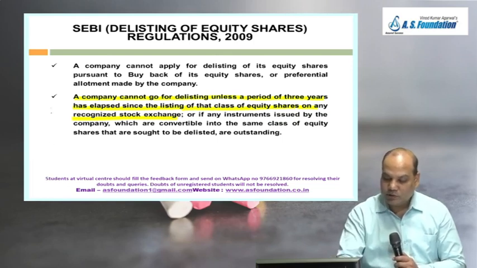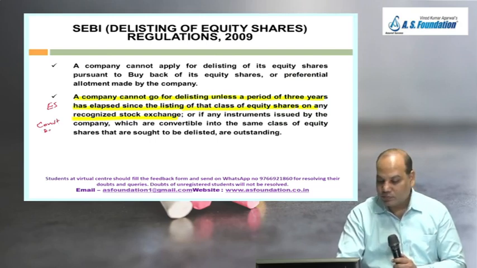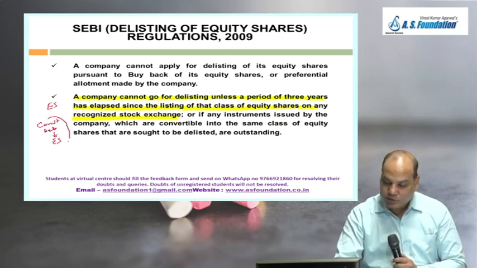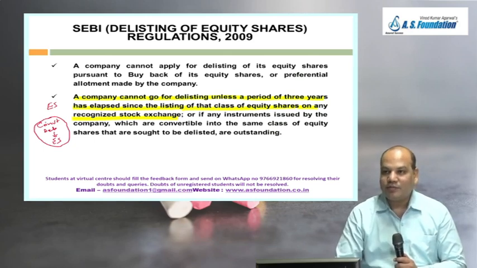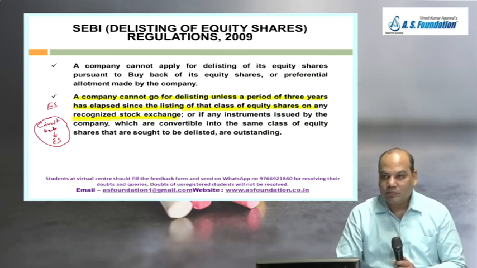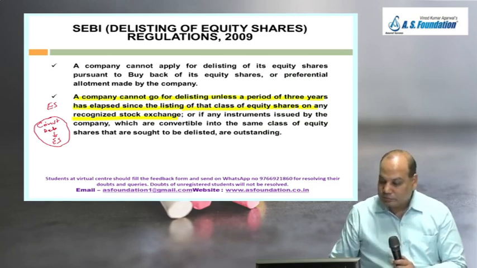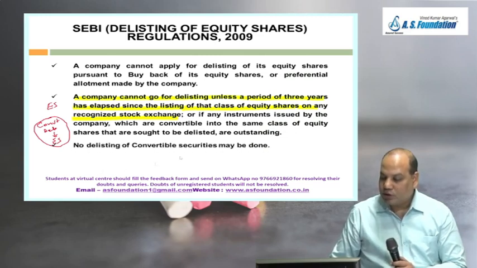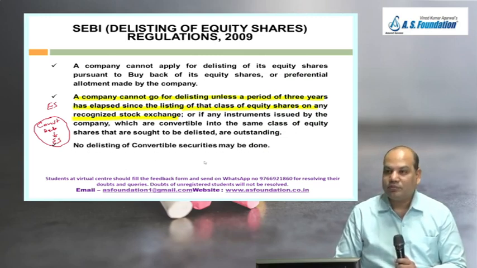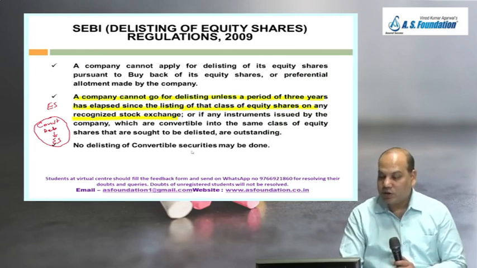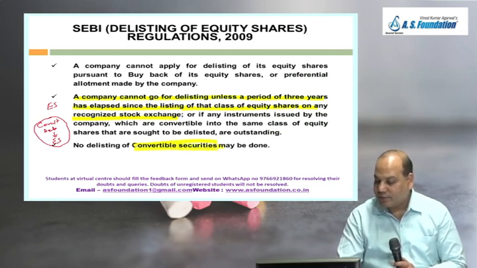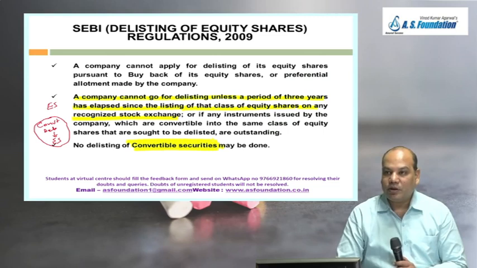Suppose you have listed equity shares on a stock exchange and you have issued a convertible debenture which will be converted into equity shares. So till these convertible debentures are outstanding, delisting cannot be done. Delisting cannot be done. Okay. No delisting of convertible securities may be done. If you have issued convertible securities which are listed on the secondary market, then delisting cannot be done, because